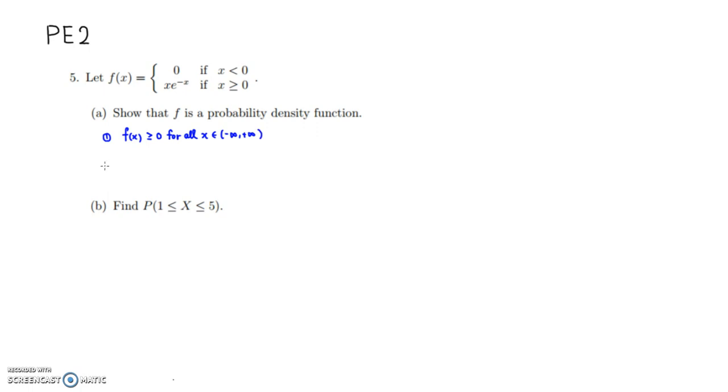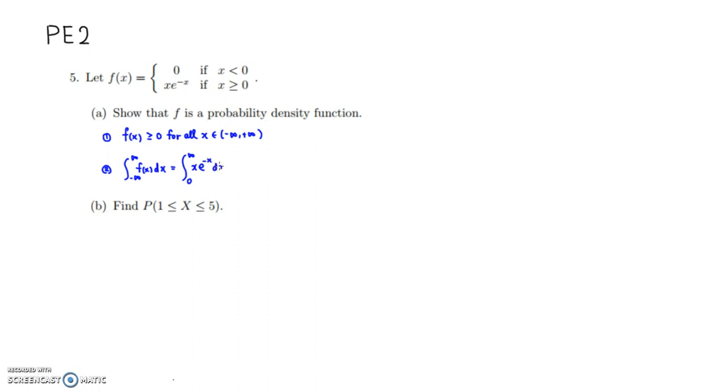Right, so we got that. Alright, number 2, we have to show that if you integrate this function over the entire real line, you get exactly 1. So we need to compute the integral from negative infinity to positive infinity of f of x dx. Since half of it is actually 0, you can just go from 0 to infinity of x e to the negative x